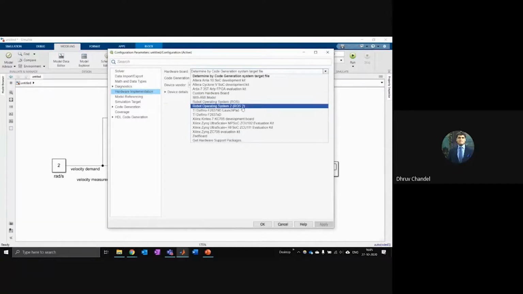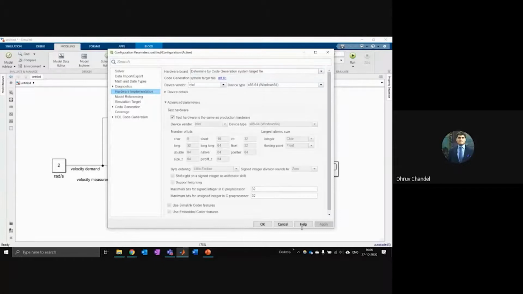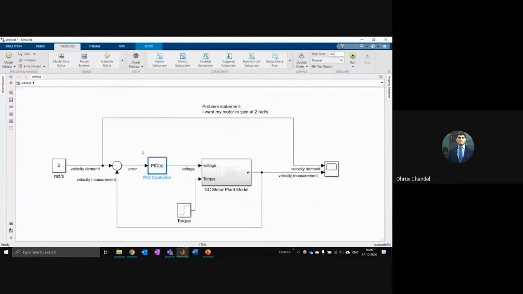Well, I can just click ROS or ROS2, and it will be able to generate a ROS node and deploy this controller directly onto that robot model. So you can use the power of mathematical modeling and simulation here. You can create a controller, and then you can deploy it using ROS onto the hardware that you want.